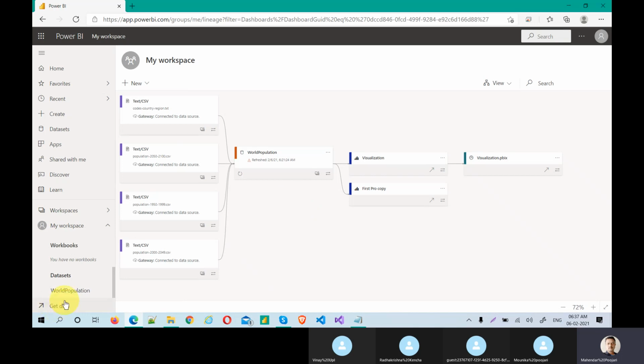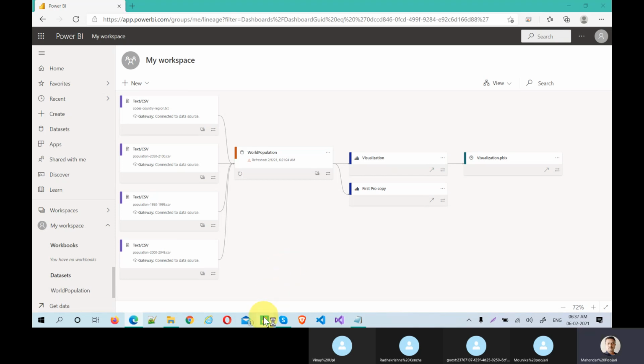I've used the get data option. In the Microsoft stack, meaning the set of technologies Microsoft provides, you can do one task in multiple ways, which will be 99% similar. So you can publish using this option.